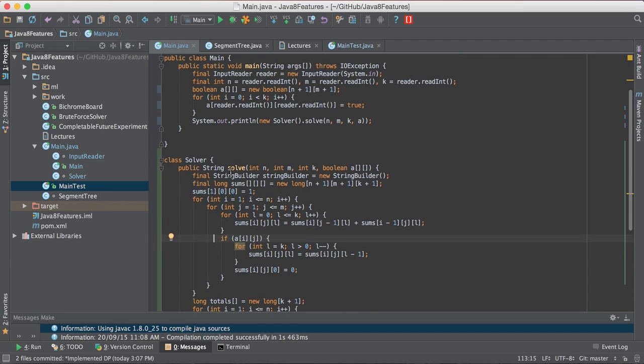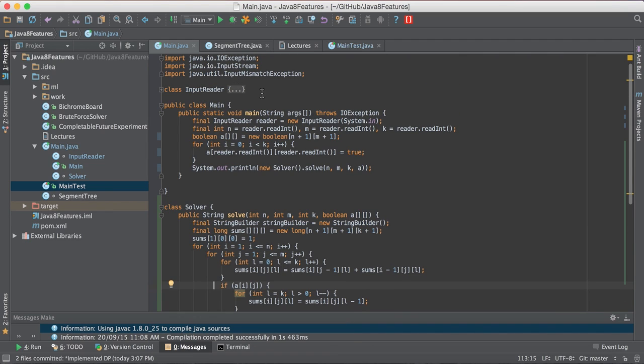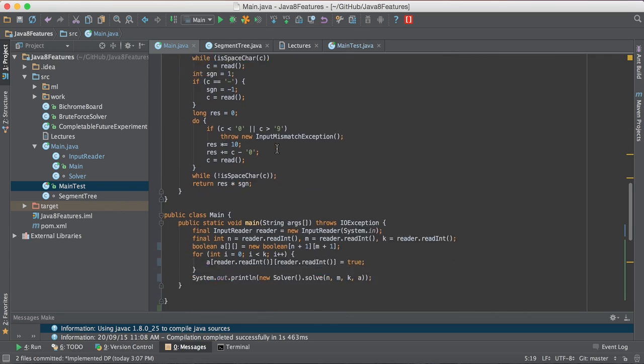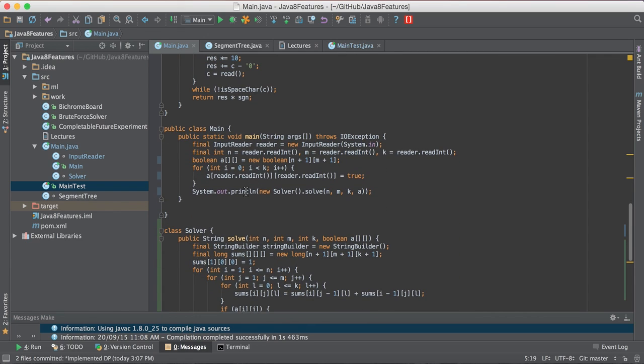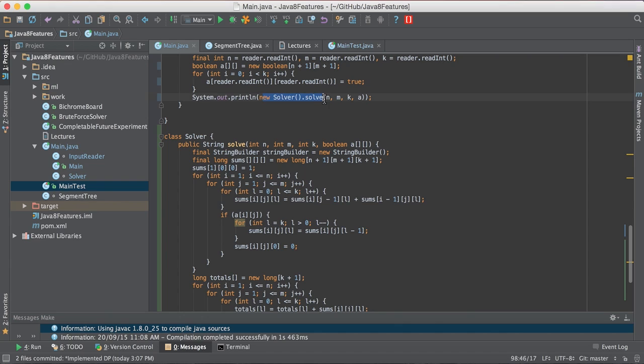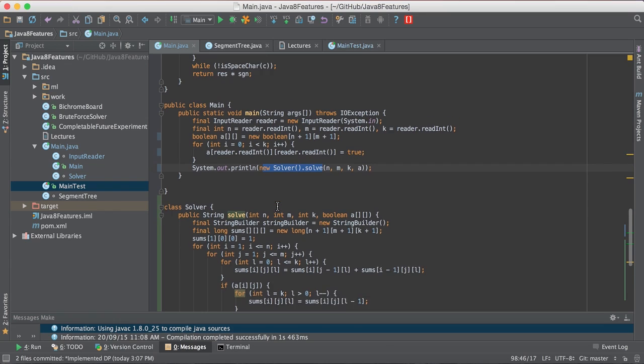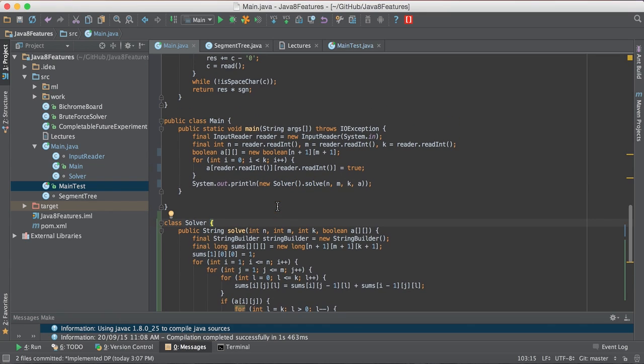The next thing to look at is making sure that your input and output operations are fast enough. Simply not using scanner is usually enough for making your input and output operations quite fast. But if you're doing a lot of input and output operations, using a fast input reader and aggregating all your output operations into a single output operation as shown here can really speed things up. We'll discuss this more thoroughly in the third lecture of fast input output, so don't worry if you didn't really understand what I just said, but